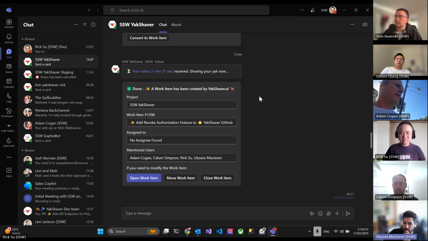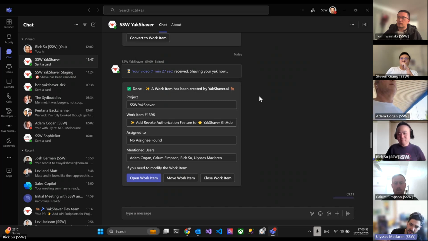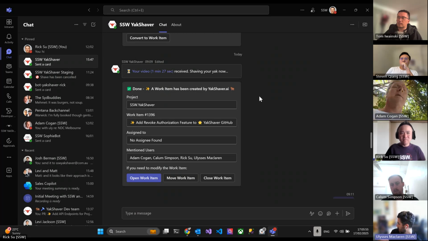All right, new feature request for YakShaver. At the moment, when you can see this card on the screen, it says work item everywhere. It doesn't matter what system's being used in the back end, it always says work item. But this system knows whether this is a PBI in Azure DevOps, an issue in GitHub, or a ticket in Zendesk.